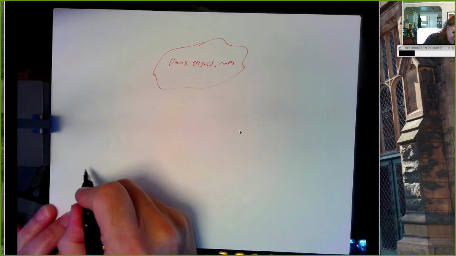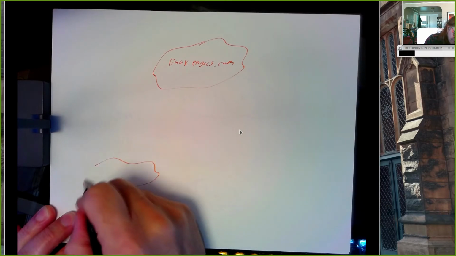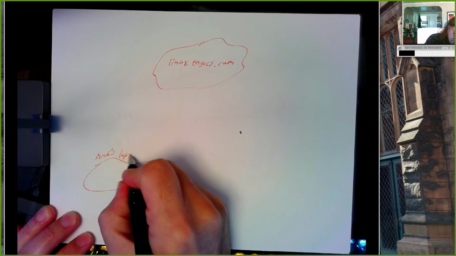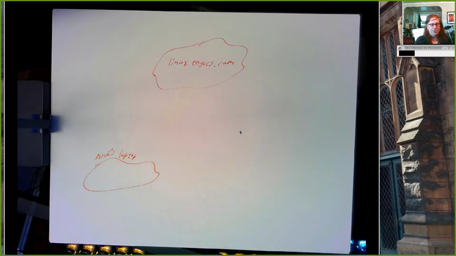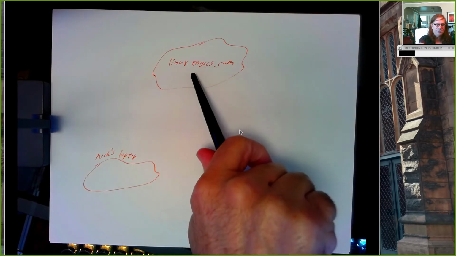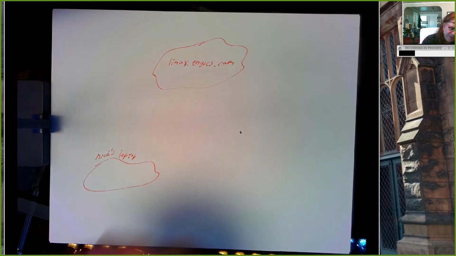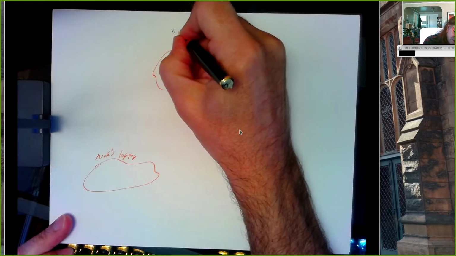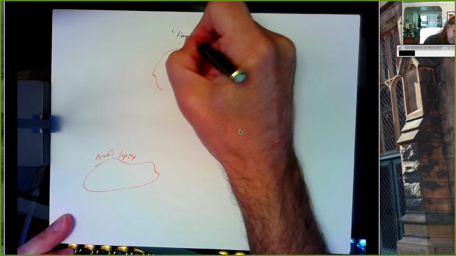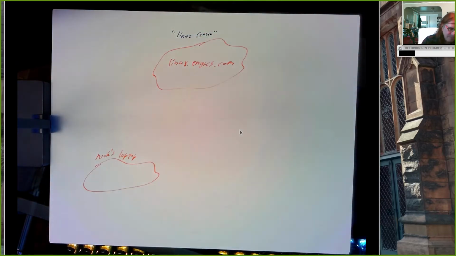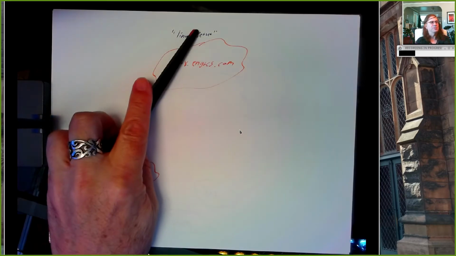So over here is Nick's laptop. And what I want to do is, from my laptop, do something on this remote machine. I typically refer to this as the Linux server, or sometimes people might call it the remote server, or they may just call it the server.